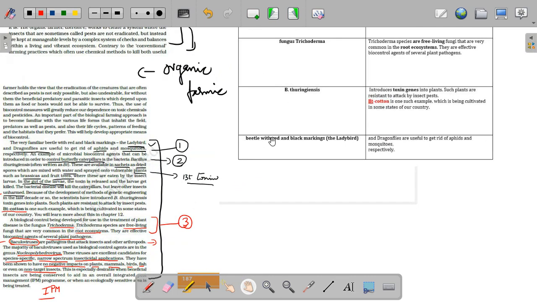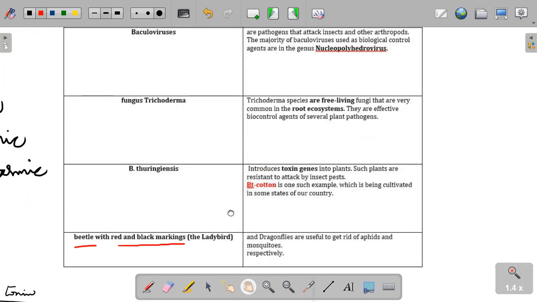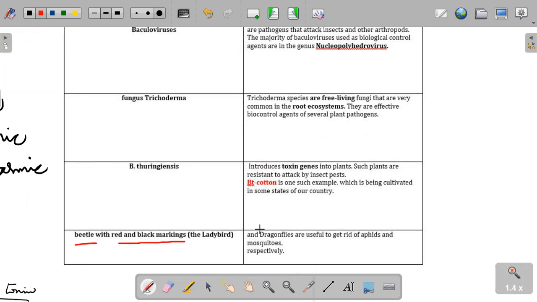You can see we started from here. Beetles with the red and black markings, which are called ladybirds, and even dragonflies, which I should be mentioning right over here. What they do is get rid of the aphids and also mosquitoes. Next, another type of bacterium called Bacillus thuringiensis is used to control certain types of caterpillars